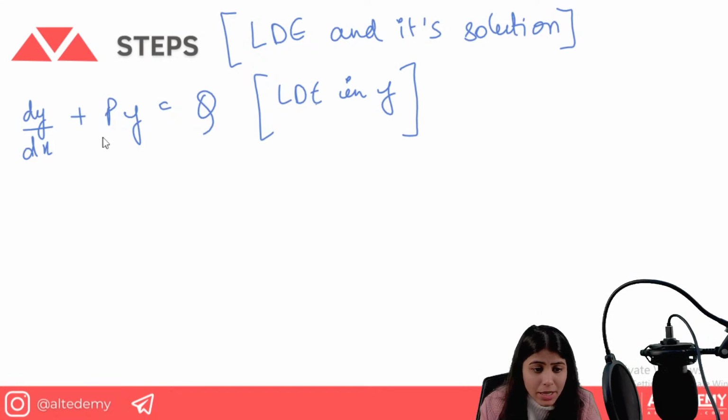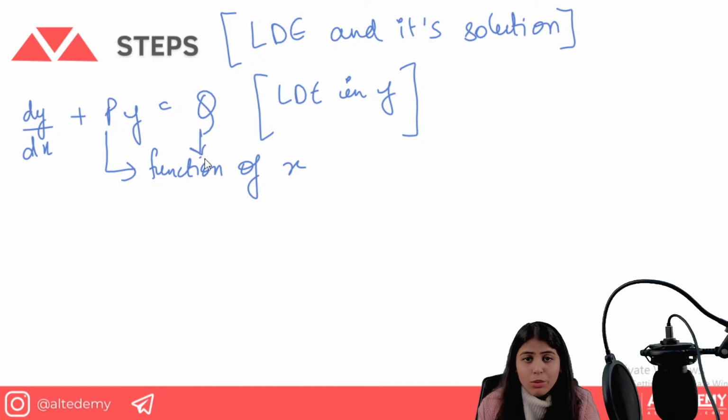Now what does p mean? P is a function of x. Here in this equation, p and q will only be functions of x. Now what is the second type of equation which we face in linear differential equations? That is dx by dy. It is not the same, because if you have dx by dy, you cannot take the reciprocal. In differentiation, you cannot do such things. We will do that type also in this, and according to that criteria, we will solve even more tough questions.